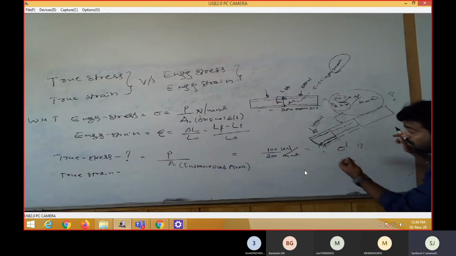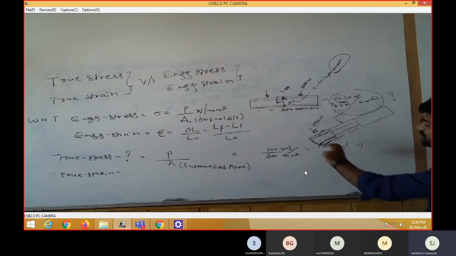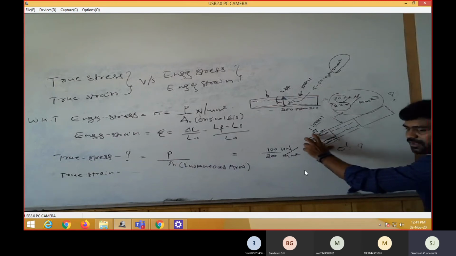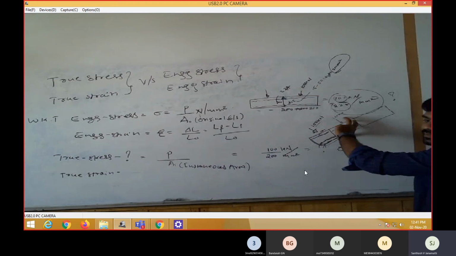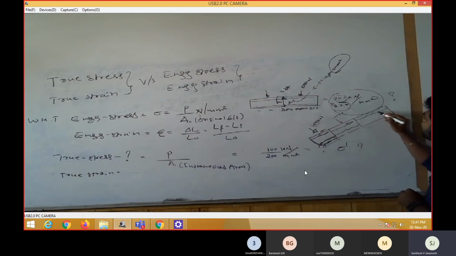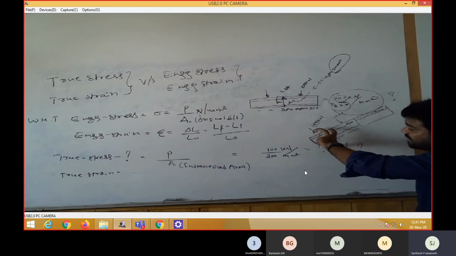So what will we do? Suppose here only 2 mm is reduced. Based on this, what can you say? Based on this, it will be withstood. Only the reduction in cross-section area is 2 mm. You are saying this based on this information. Suppose I apply the same load here, what will happen? Here 4 mm will be reduced. Suppose the same load I apply here, 6 mm will be reduced. What we are expecting is only 2 mm reduced, because we are examining only this portion.